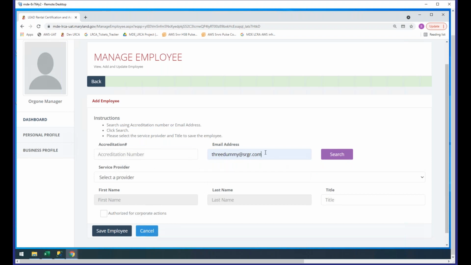And when I click, if the profile exists in the system, then the name will be auto-populated if you identify that. So if I click search, you see the name will be auto-populated. Yes, so this user exists in the system, and this user must be part of this organization. So I'll select the organization, and this user should have authorization to manage corporate actions? No, he's just a supervisor, as an employee of this organization, but no authorization to manage business. So I just uncheck it and save